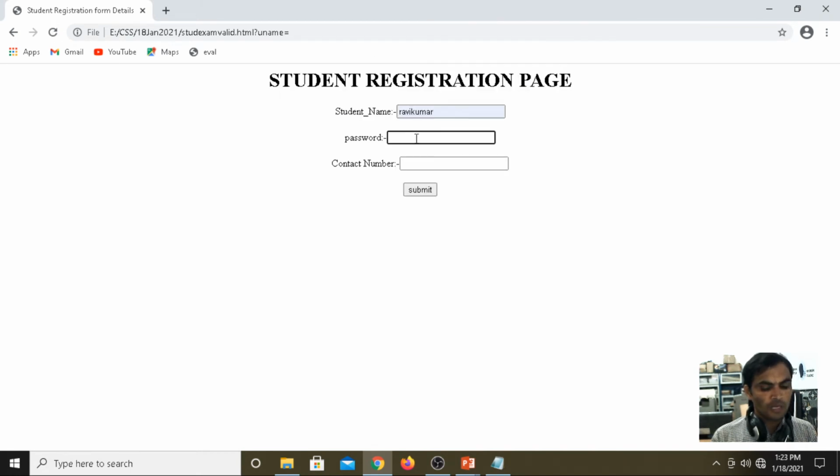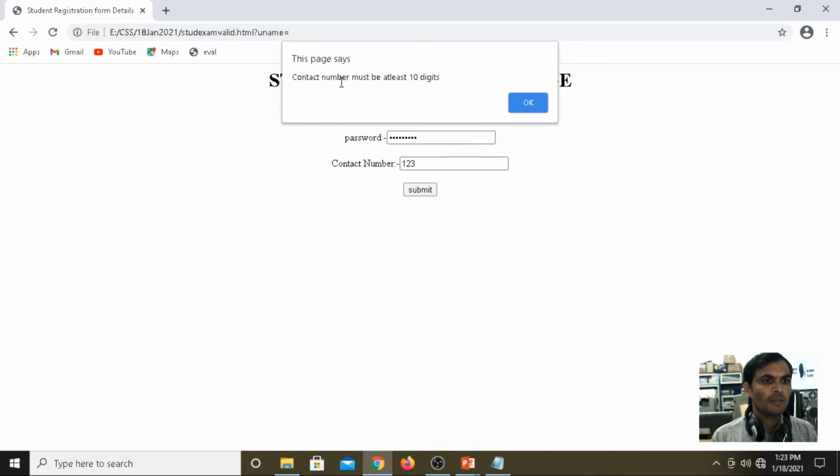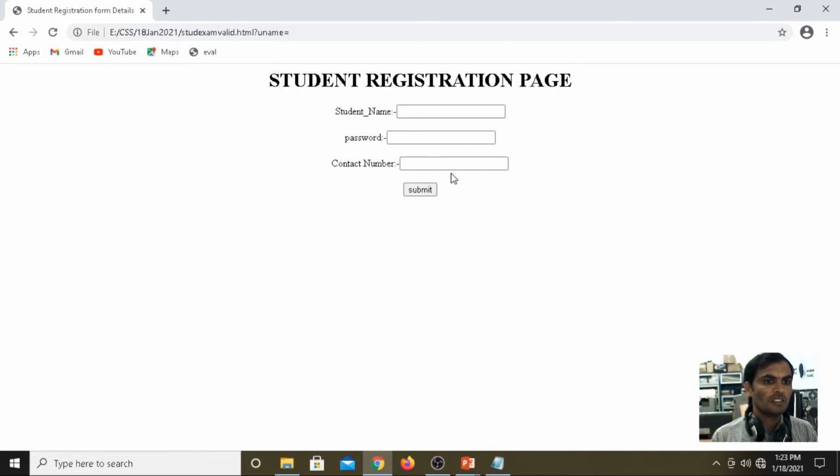Ravi Kumar, password, 1234567889, phone number: contact number must be at least 10 digits. Suppose if you are giving Ravi, it is invalid.